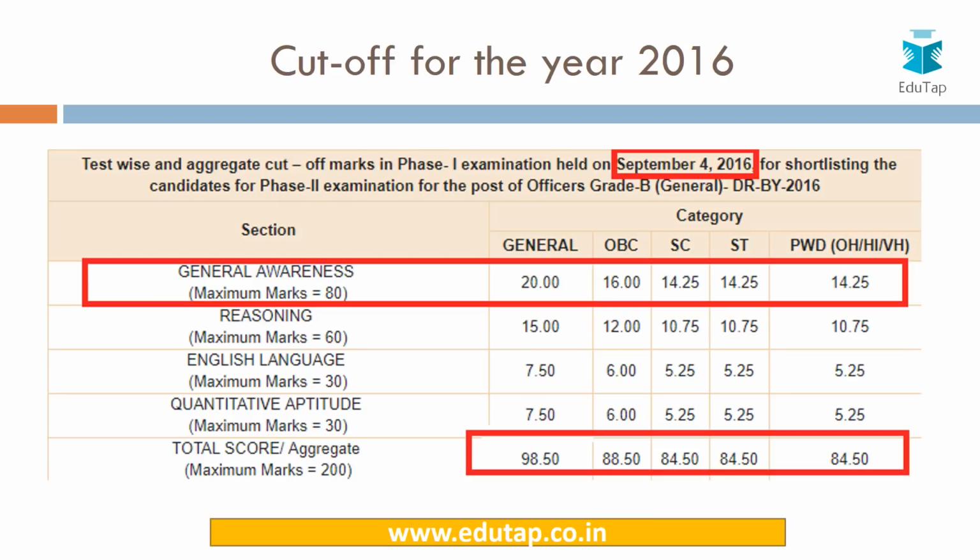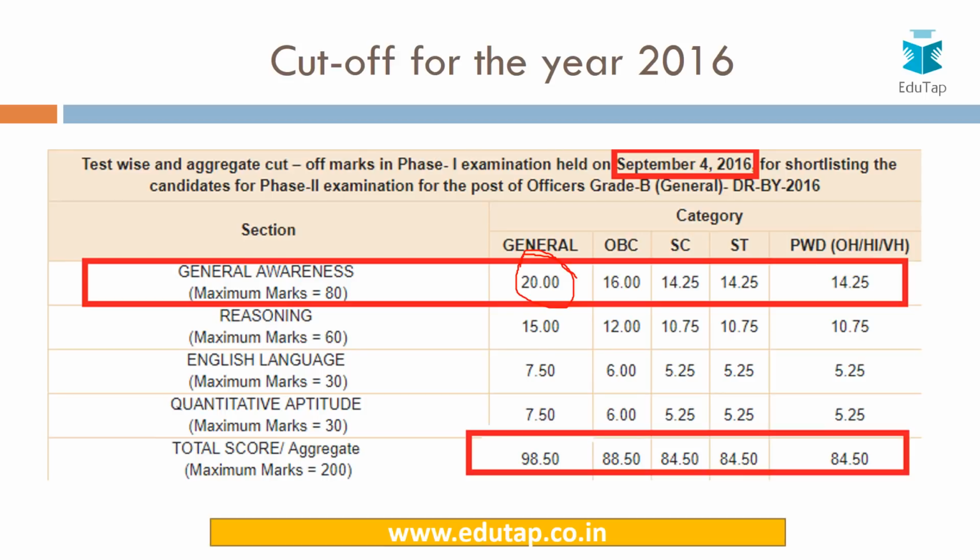Now friends, in the 2016 examination, we see that the total questions were obviously 80 for general awareness. The cutoff for the general category was 20 marks. Now, one thing to note here is the overall cutoff was 98.50. So out of it, we see that a decent score would have been about 55 marks in the general awareness section. So if you can score 55, you see that major part of your work is done because the overall